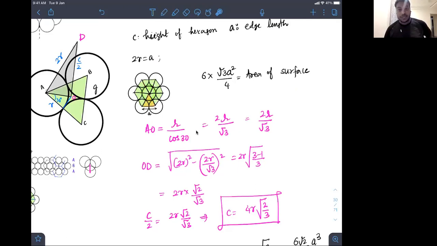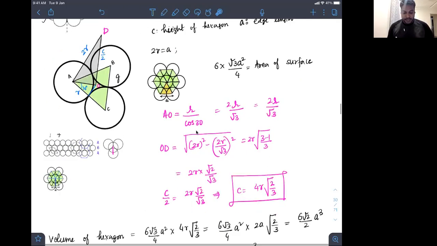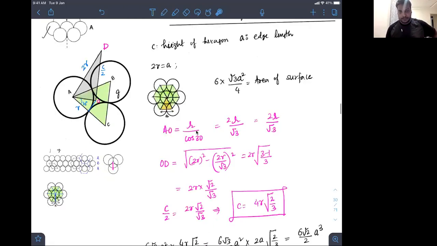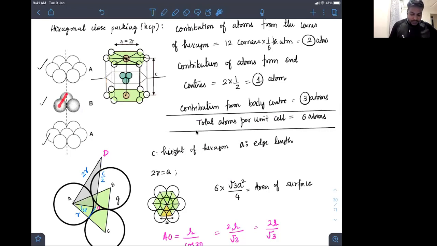All I need to know now is the height of this hexagon. How do I find the height? Okay, see this way, students. These 3 atoms are present, on which this atom is present above in the groove like this, and this atom is present below in that groove. So it is not exactly 4r distance, because here we have r distance, here we have r distance. Got it? But between them, because they are falling in the groove, it is not exactly r distance.